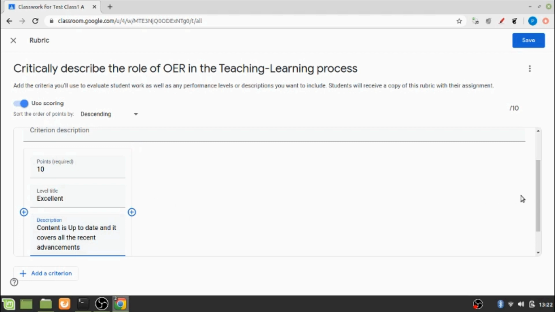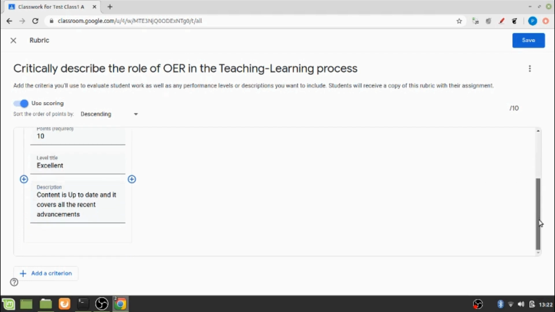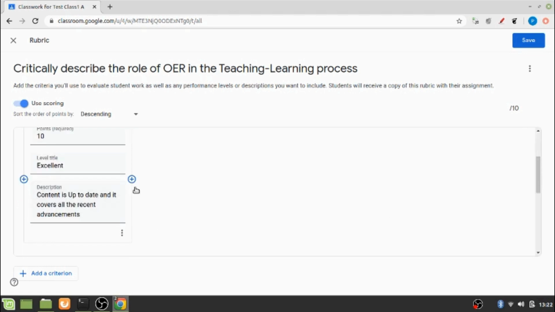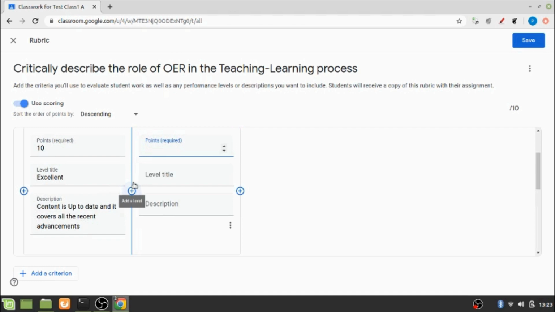So this is my description for this particular level, the excellent level. Now I can add another level to this criterion. For that I'll have to click on this plus button on the right hand side to add another level. So let's say I give 5 points for this level, and the level title will be average, and the description will be, say,